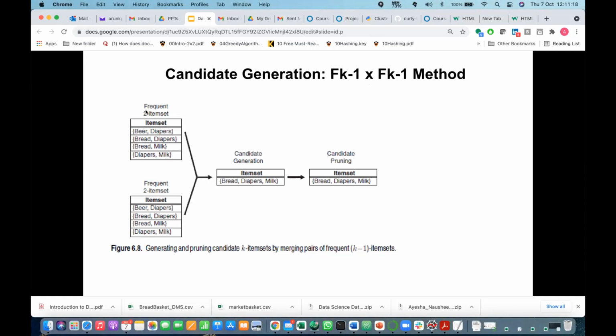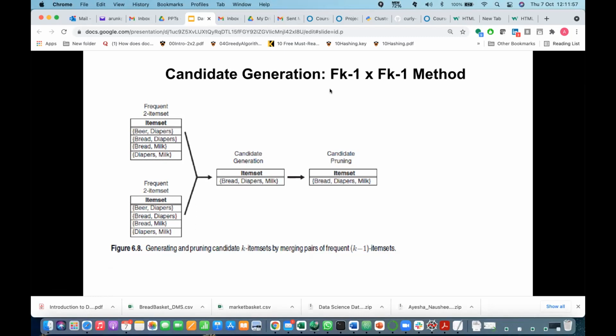Here in this example, we have frequent 2-item sets. For candidate generation, how big an item set can you get when you take a 2-item set combination with another 2-item set? Maximum 4. But what we do is, up to k minus 2 elements,